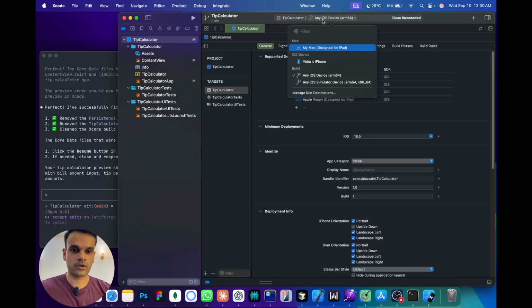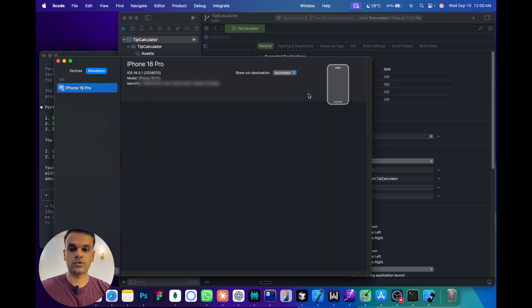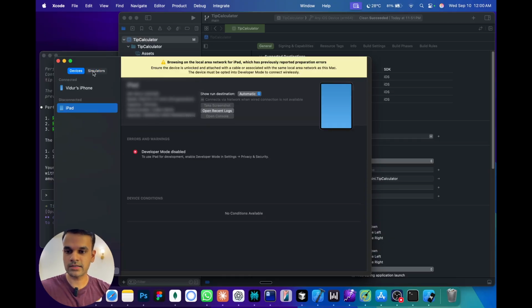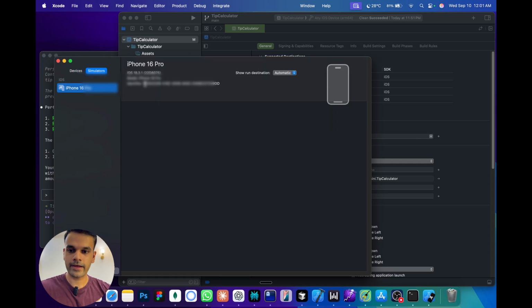So when you click on this drop down menu, you'll see that there is an option called manage run destinations. Once you click on that, you'll see a window with devices and simulators. It has both my devices listed here, and I'm going to click on simulators now. And what I see is that the iOS version of this simulator that I am running is 18.3.1, which is